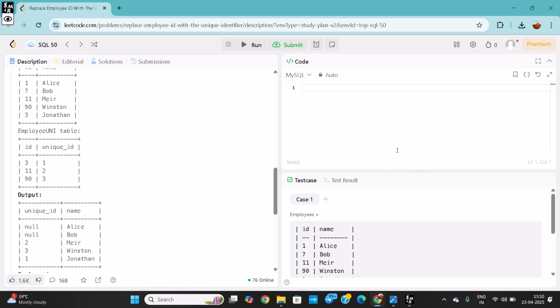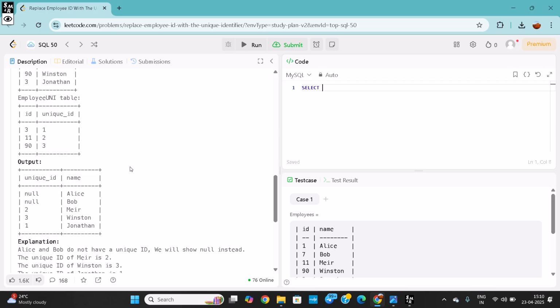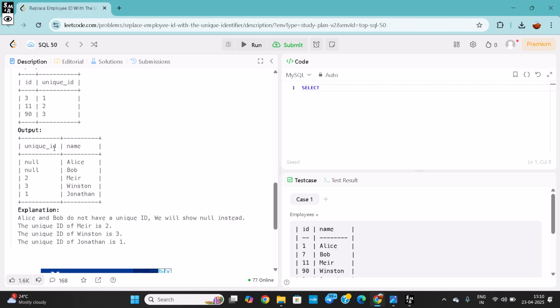So here what I'm going to do is use the right join statement. I will right join the EmployeeUNI table with the Employees table. So let's start the problem. First we have to write the select statement, right? So we'll write select. The output they are asking for is the unique ID and name, so I will just reuse these names over here. Select unique ID, name,